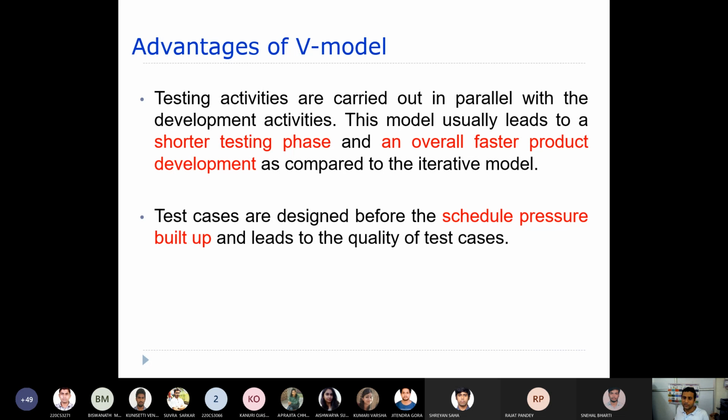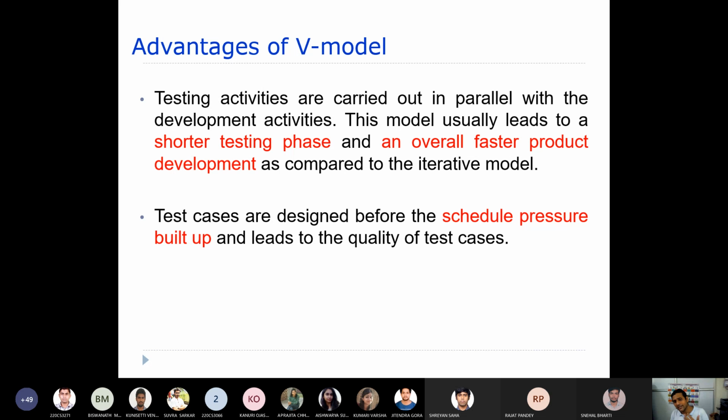They have to carry out the activity within 2 months, otherwise the software will fail. As a result, they might not be able to design the test cases properly, so we will not get quality test cases. That is what happens, right?